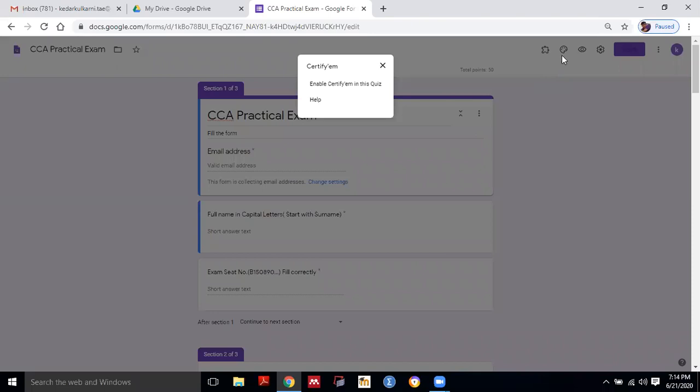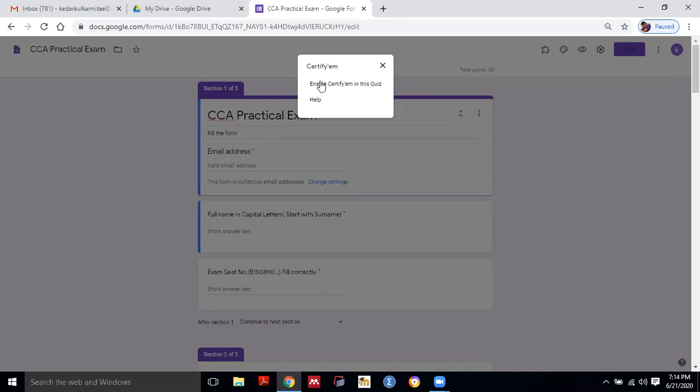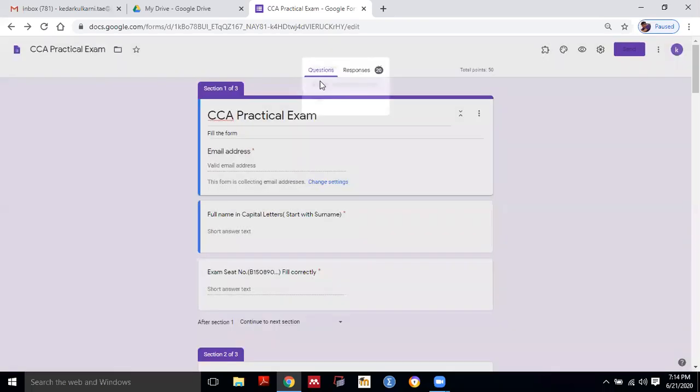I hope you have tried in this mid span. So in that, the option is visible, that is enable Certify EM for this quiz. So I will enable that thing.